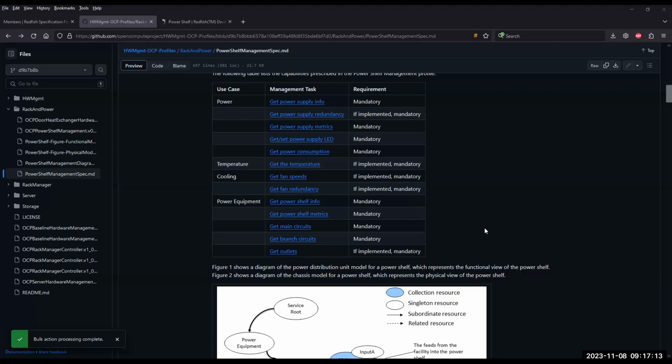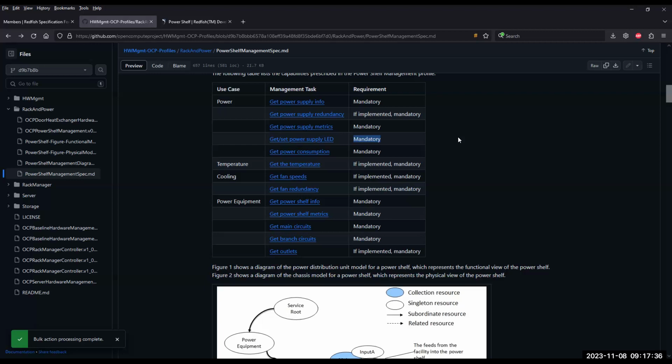So that's the one thing, the list of tasks. The other is the requirements. I have feedback about this get/set power supply LED being mandatory. If not every power supply has an LED, should we change that requirement to be less onerous?